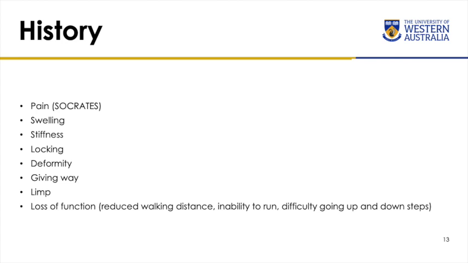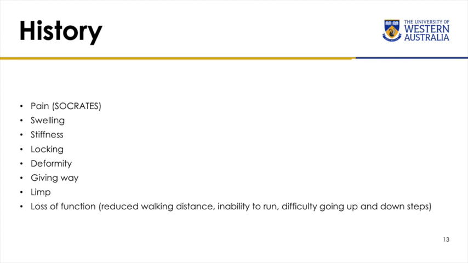Swelling, which may either be diffuse or localized. It's important to know whether the swelling appeared immediately after an injury, which suggests a hemarthrosis, typical of a cruciate injury or meniscal tear,